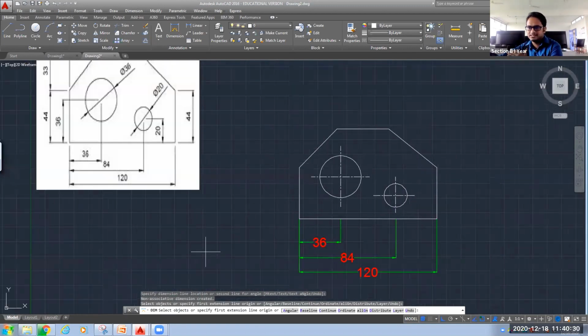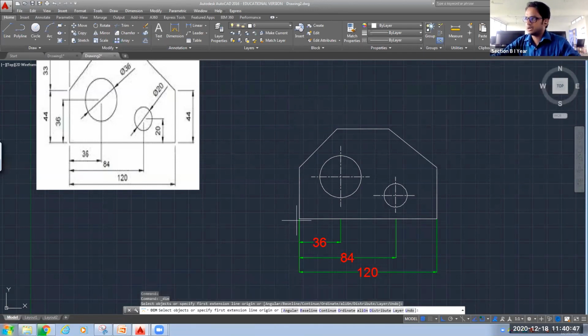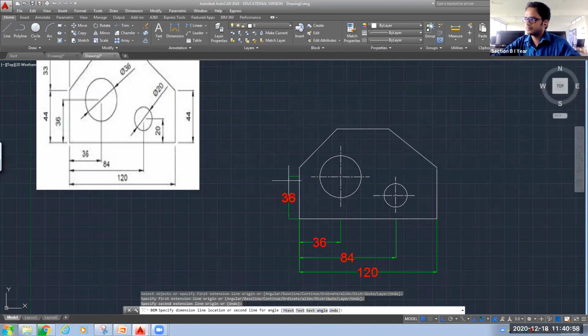So once you will practice this on your own, then you will feel more comfortable and confident also. In the same way, now I'm going to give this vertical dimensioning also. So you can see here inside we have 36. So I will start with the inner dimension, starting with this center point, with this corner point, and bring your cursor to this location. 36 length, we know that.